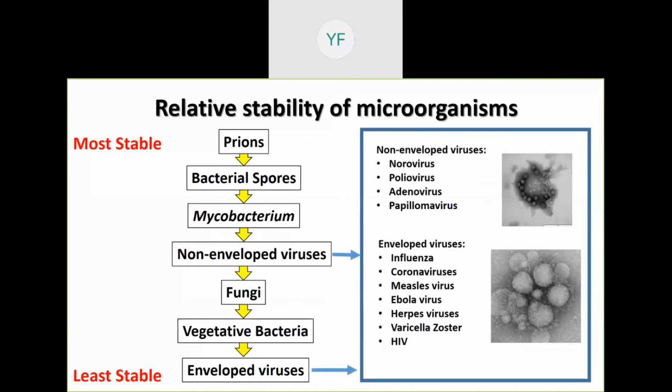So kind of correlating this back to viruses, non-enveloped viruses, which include norovirus, hepatitis A virus, poliovirus, adenovirus, and many others, are more similar to bacterial spores and mycobacterium in their resistance to heat and sanitizer inactivation. And due to that fact, they remain infectious in the environment and in foods for long periods of time. Enveloped viruses, in contrast, that include influenza viruses, coronaviruses, measles virus, and many others, generally do not survive for long periods of time in the environment, and they can also be easily inactivated by heat and chemical treatments.